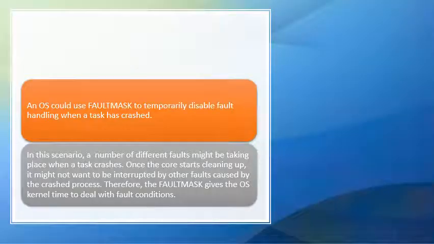If you consider the use of FAULTMASK, it is used by the operating system to temporarily disable the fault handling when a task has crashed. A simple example: on a mobile, whenever you update the operating system, you go for installation. While installing, they specify not to restart or do some other activity.